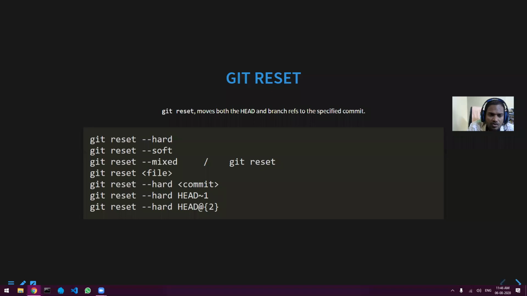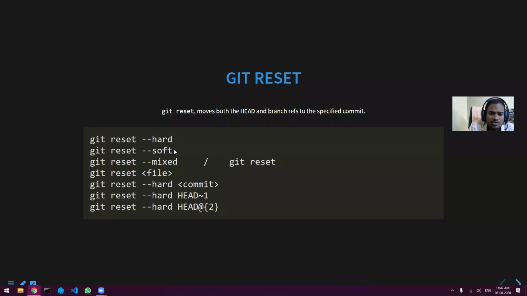Now what git reset does is, if you do git reset soft, it only changes your committed area. Whatever is in the commit history of your git, only that will be reset, nothing else.